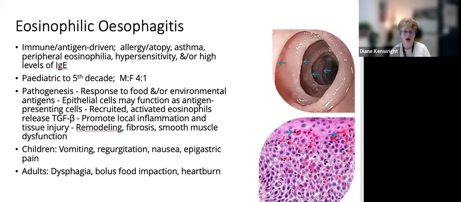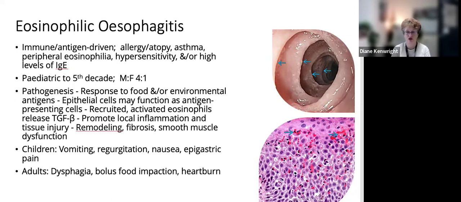So let's think about how you might explain the pathogenesis of eosinophilic esophagitis. Number 1, eosinophilic esophagitis is a response to food or environmental antigens causing inflammation of the esophagus. Number 2, epithelial cells function as antigen-presenting cells. Number 3, they recruit activated eosinophils that release TGF-beta to promote local inflammation and injury. Number 5, cause remodeling, fibrosis, and smooth muscle dysfunction. In other words, people eat food, the epithelial cells take it up, they present it as antigen-presenting cells, and initiate